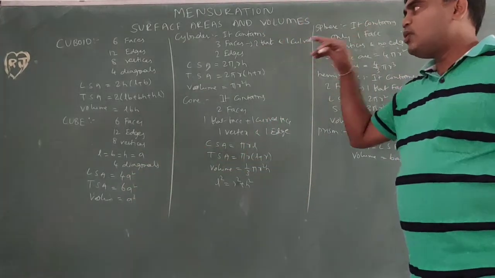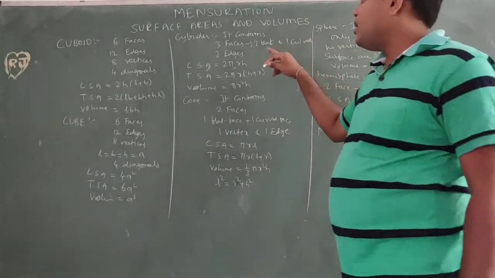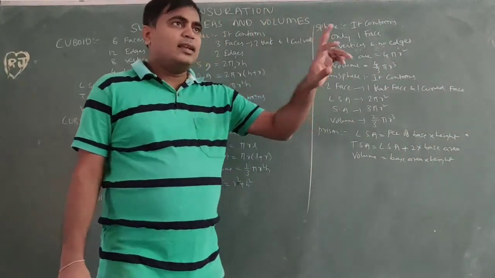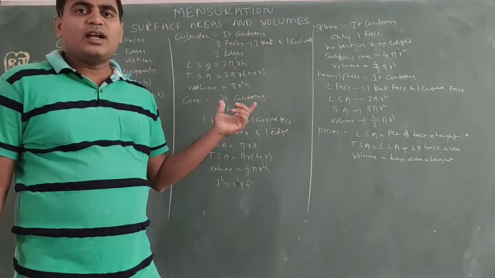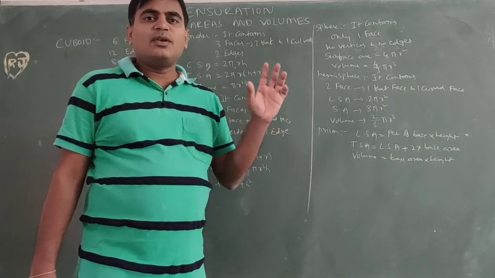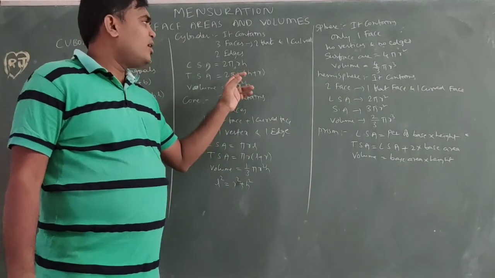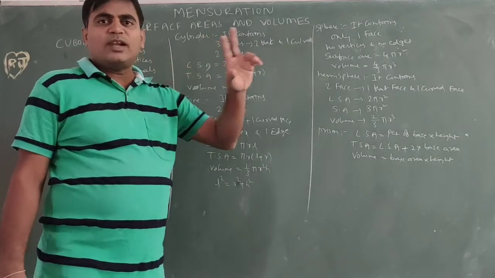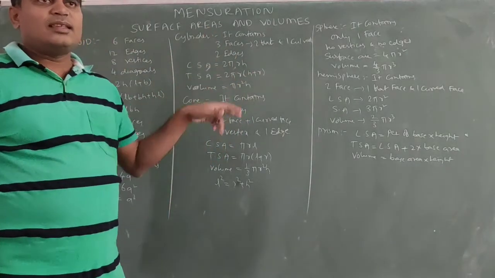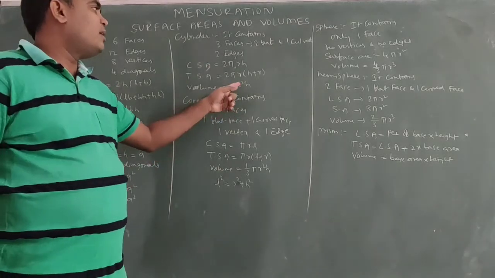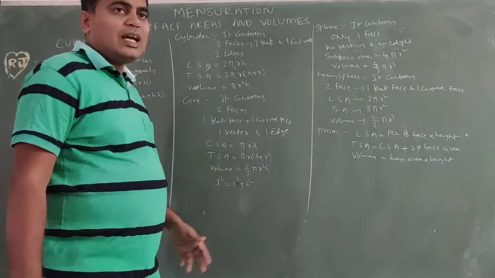Next, cylinder is also a prism. Perimeter for a circle is nothing but the circumference. Circumference formula 2 pi r into h, 2 pi r h. Next, 2 pi r h plus 2 flat faces, 2 pi r square. Next, base circle area pi r square into h, base area into h. So this is about prism.